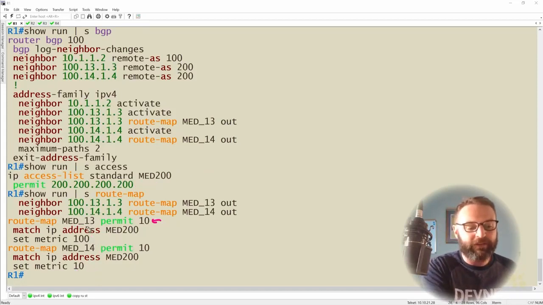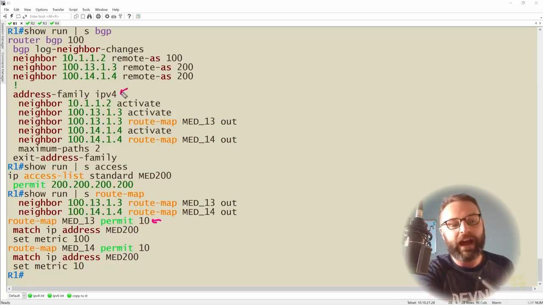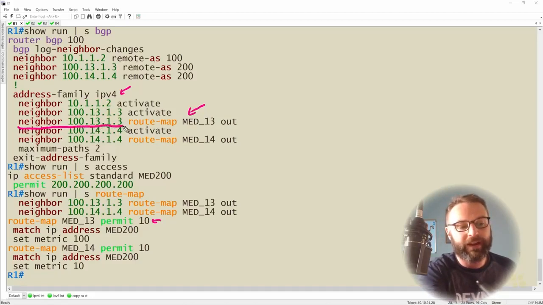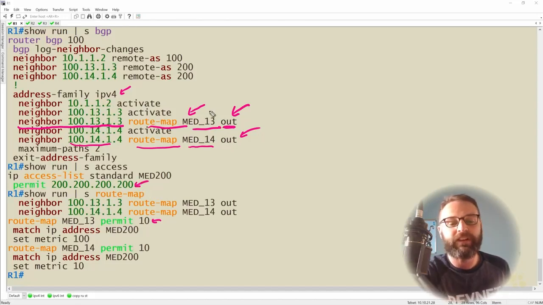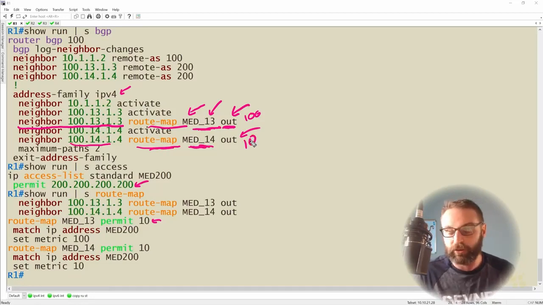So up here in the BGP configuration, this is where I actually set it. Under the IPv4 address family, we tell it under the neighbor configuration, right there, we're going to be using the route map for the MED13. We're applying that metric as it goes outbound. Same thing with R4. We're specifying the route map, MED14, as it goes outbound. So as the 200.200.200 prefix gets advertised towards R3, the MED13 route map is going to set the metric to 100. And as the prefix gets advertised towards R4, or the MED14, the 10 metric is going to be advertised